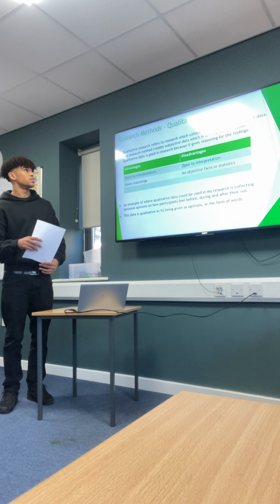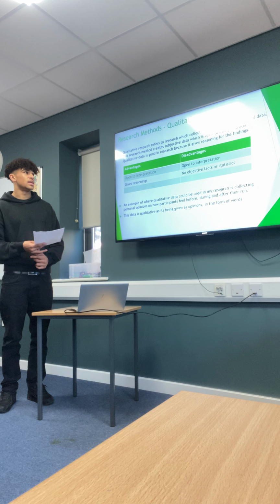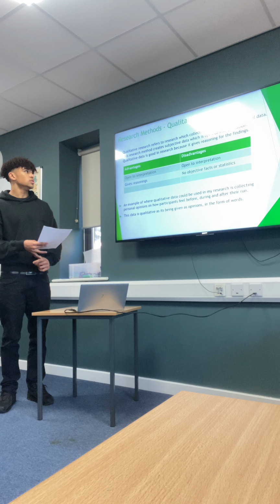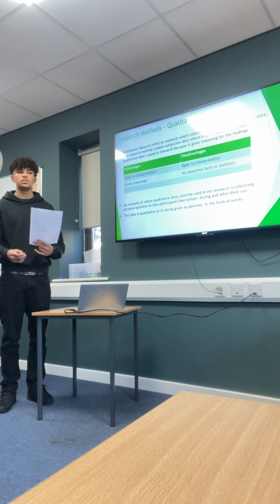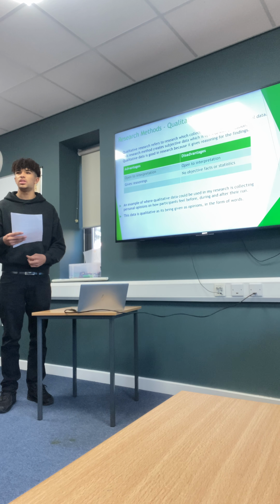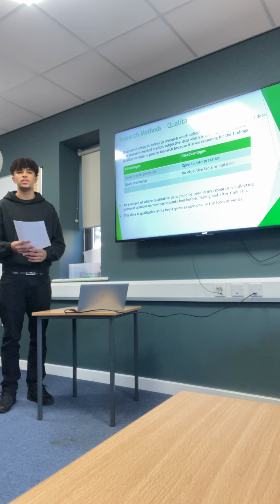Another type of research method that we use is qualitative. This refers to research which collects and analyzes non-numerical data. So this research method creates subjective data which is open to interpretation. This data is good in research because it gives reasonings, and this sort of research is usually provided in words or written sentence. Advantages, like I said, it's open to interpretation and it gives reasonings, so any anomalous findings you